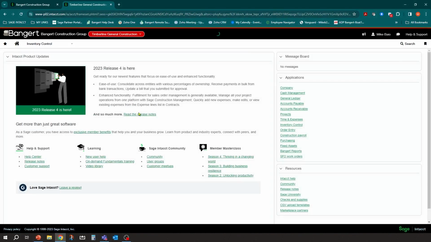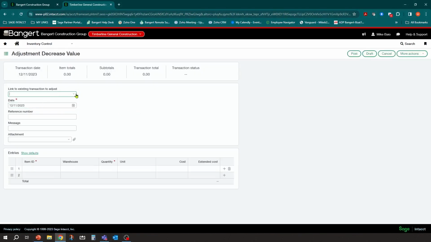And I'm going to hit the plus button here. And so I can link into an existing transaction. I could put a reference in. Physical count adjustment. Could put a scanned in document maybe of my worksheet. And I can say, 2x4s for the GC warehouse. We are 10 short. There's the costing valuation.